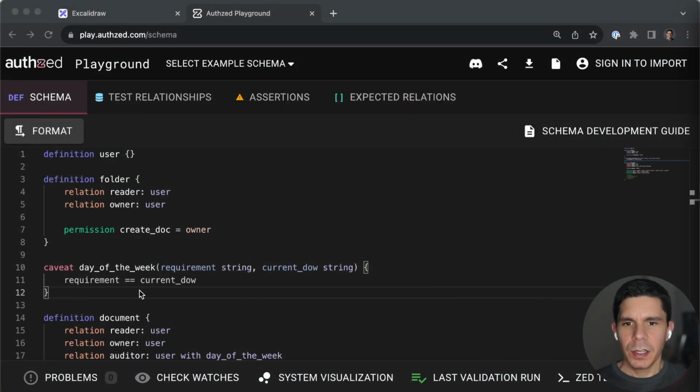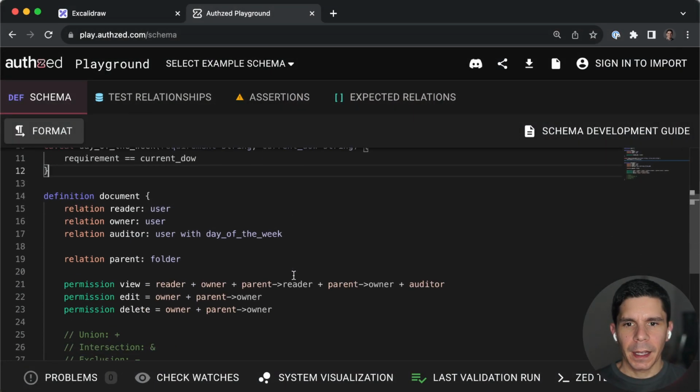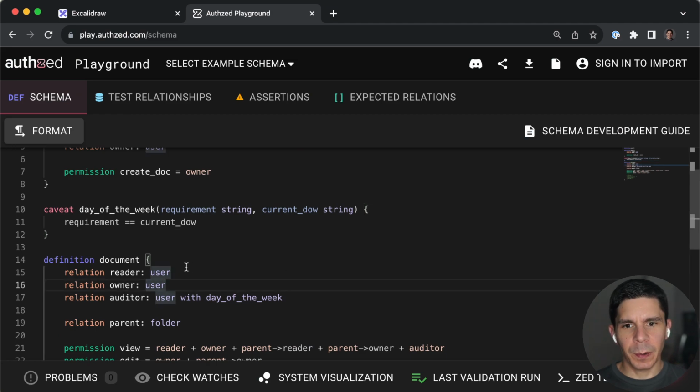The next thing I'll talk about in the SpiceDB schema language is a very small addition that was made for a very specific purpose. The name of this feature in the schema language is called a wildcard relation. What a wildcard relationship allows us to do is patterns like make an object public. So heading back to my editor, it's possible that we want to say that some document is readable